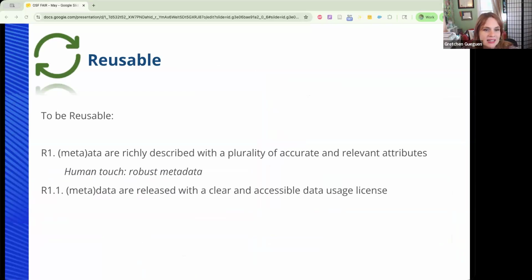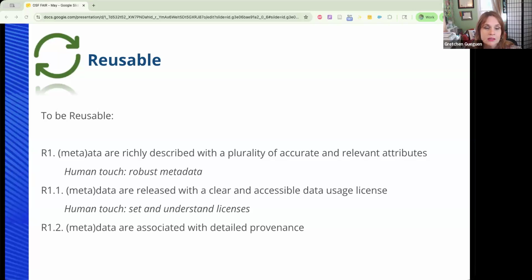But we also want metadata and data that are released with clear and accessible data usage licenses. So set licenses for your content and understand what they mean. Metadata are also recommended to be associated with detailed provenance. And that means use things like track changes features and document the provenance or the order in which things happened in your project and in your content.